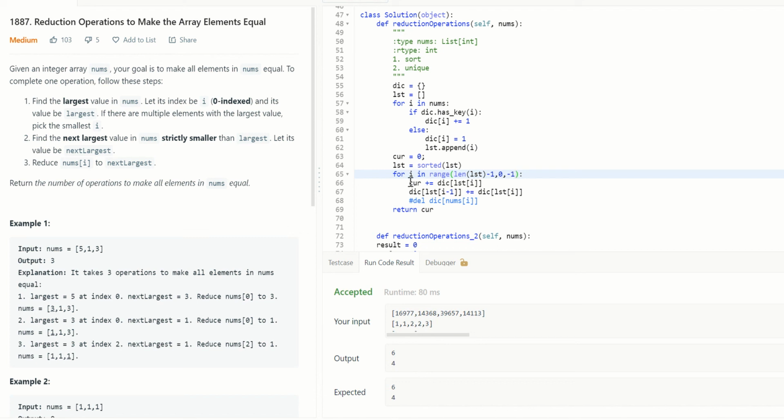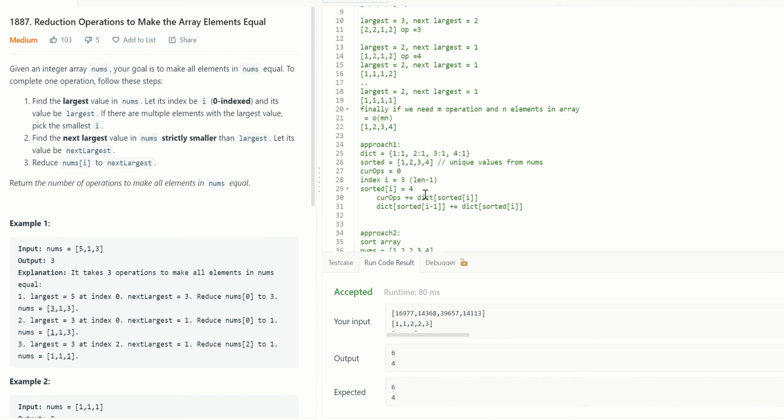What we are doing is adding the current number of operations from the dictionary, and the previous value from the list, the next largest. Whatever list of I is, that is the current largest. What is the next largest? List of I minus 1, as we talked.